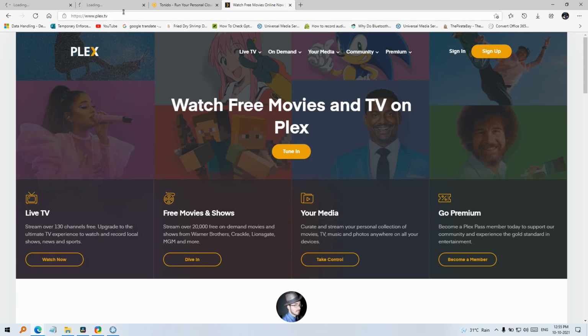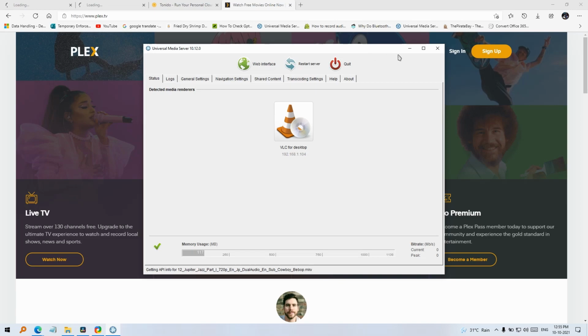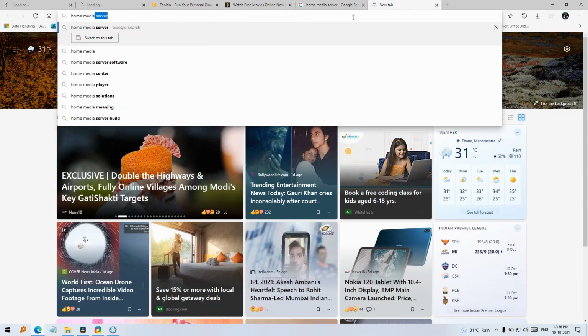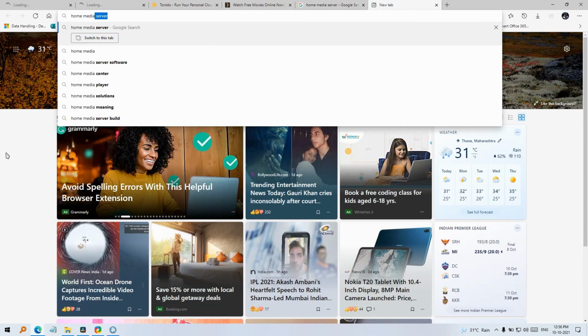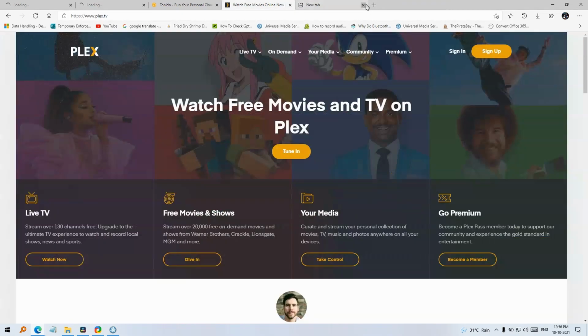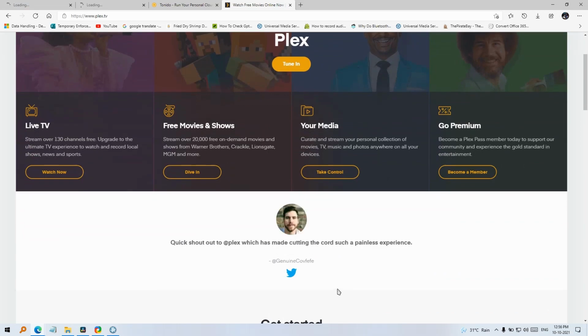I have been using Universal Media Server. It's been working flawlessly. And for the Android application for Universal Media Server, you can use any media playback or UPnP or DLNA players. It should work fine. The name of the software is in the description. You can download that. That's a deprecated application. The developer doesn't support it, but it works well, and it also supports the Fire Stick remote.